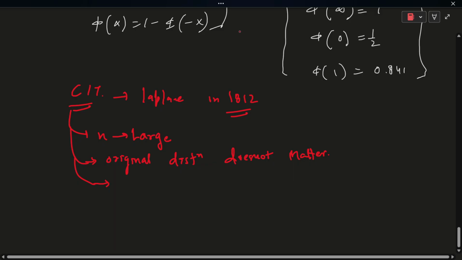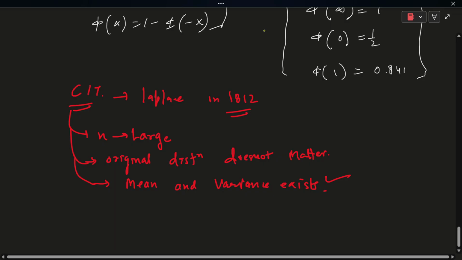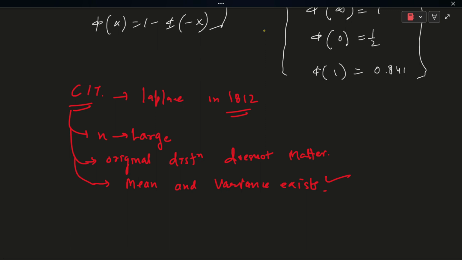एंड दिस विल बी एप्लीकेबल व्हेन मीन एंड वेरिएंस एग्जिस्ट करेगा। When this condition holds, weak law of large numbers also hold in this case, CLT में। So it simply says that जो normal distribution है हमारे पास, that's the limiting distribution to the sum of the independent random variables with finite variance and the number of random variables gets large। जब भी हम n को बढ़ाएंगे, कोई भी डिस्ट्रीब्यूशन है वो नॉर्मल डिस्ट्रीब्यूशन का लिमिटिंग डिस्ट्रीब्यूशन होगा।